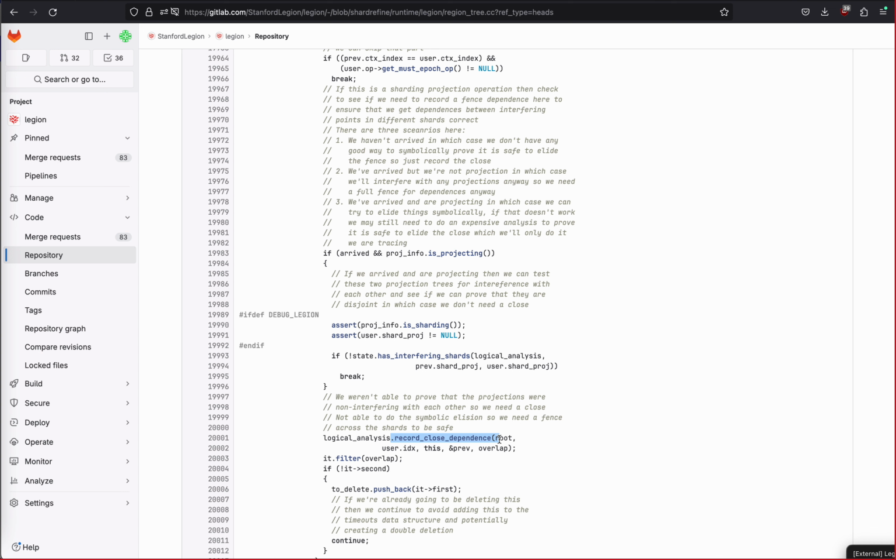today what we're going to do is dive into this has interfering shards function and see, in a real example, how it works in practice and the data structures that we use to make this work. We sort of touched on this at the end of last lecture, but I figured we'd start here just to provide some context. And